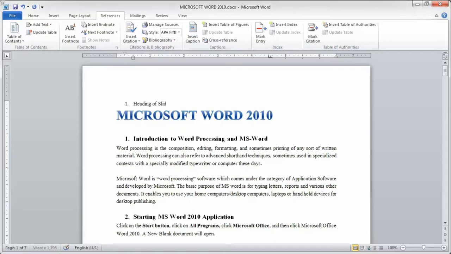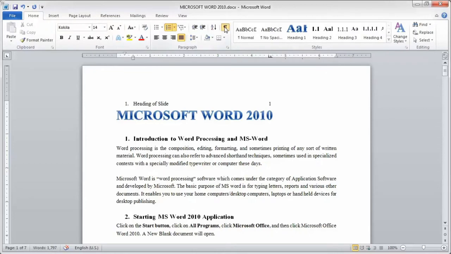Type the first entry. Press Tab and then type the page number for the first entry. Select the tab stop character. Note, if you can't see the tab stop character, click the Home tab and then click Show or Hide in